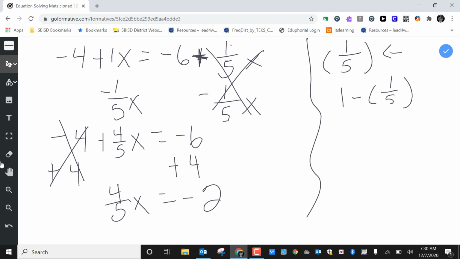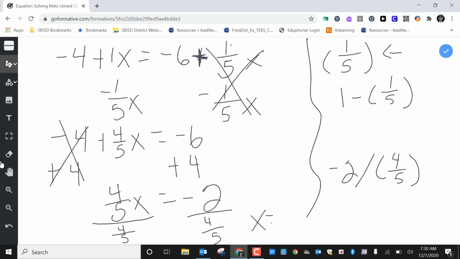Okay, so now I want 1x. So even though it's a fraction, I still do the same thing as if it was a whole number. So that means I need to divide both sides by 4/5 to get that to 1x. So in the calculator, I'm going to put -2, divide it by, and then in parentheses 4 divided by 5. Okay, and so I get x equals